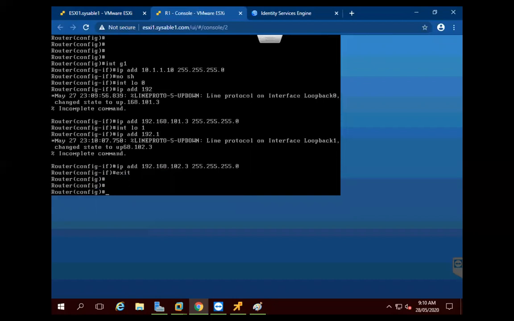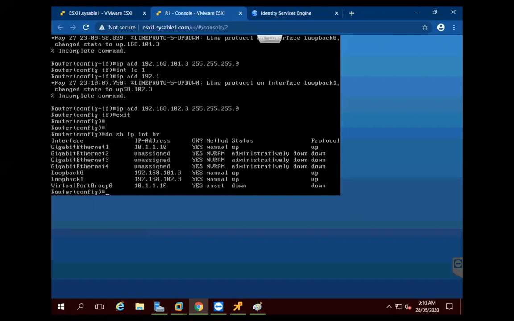So I have assigned the interface IP address and the two loopbacks. So if I do show ip interface brief, then I should be able to see the interface IP address, the loopback 0 and loopback 1.